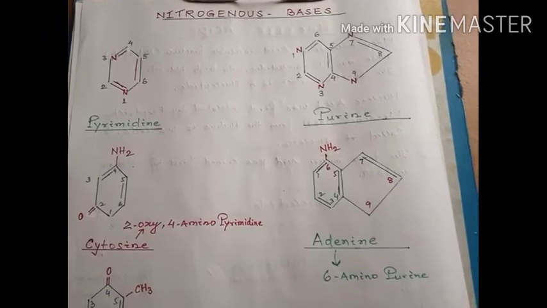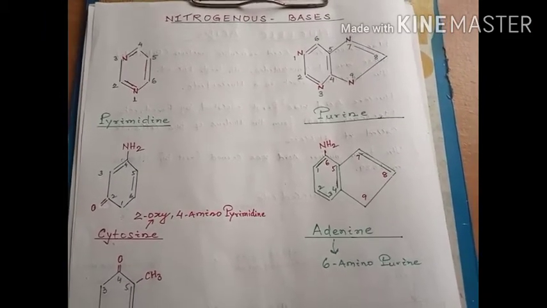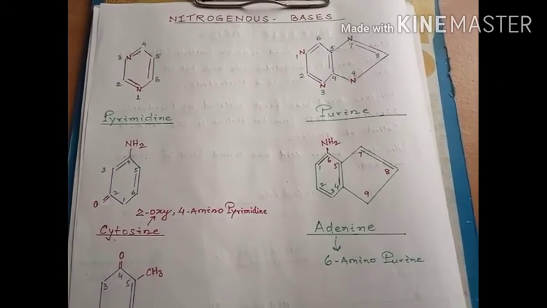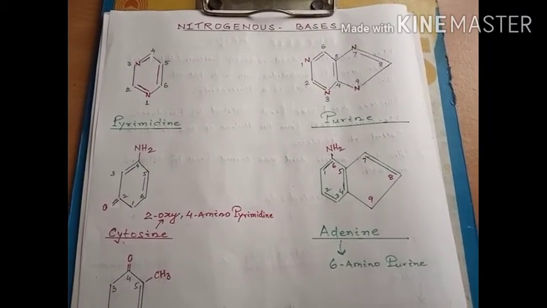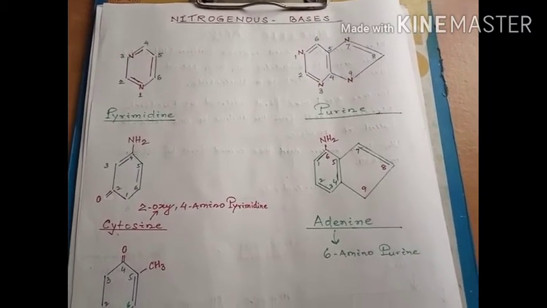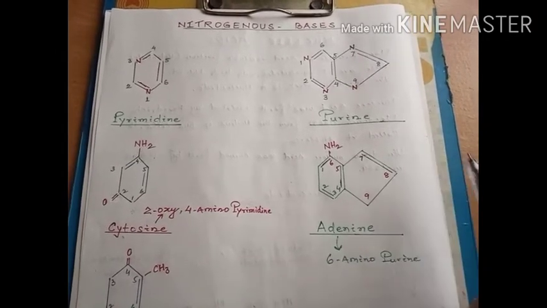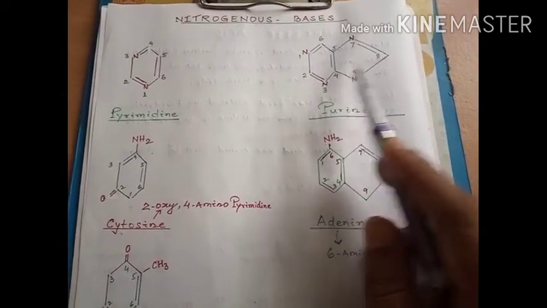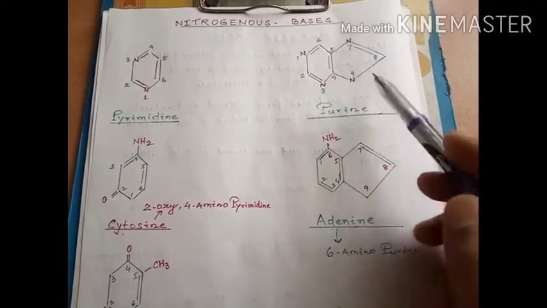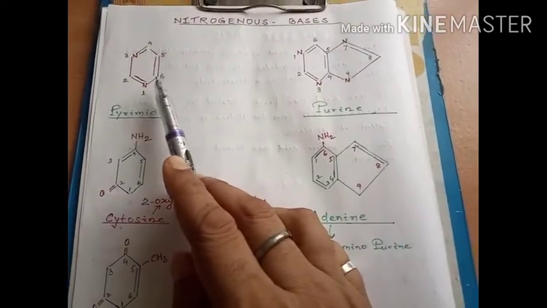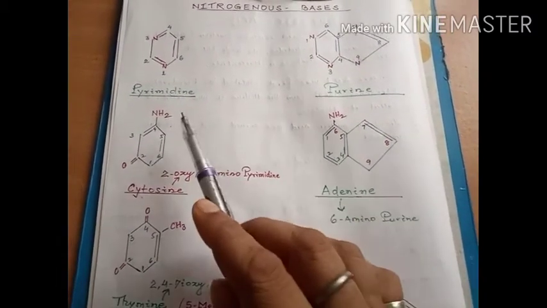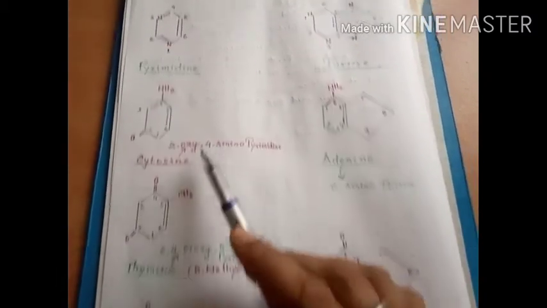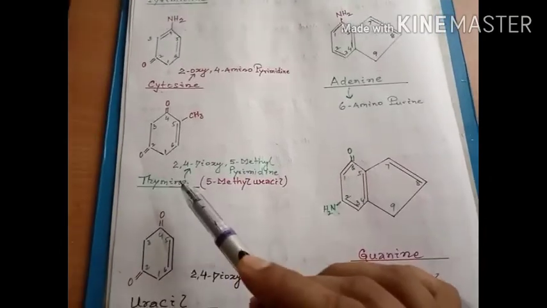Later on, we also discussed the different types of nitrogenous bases. They were further categorized into purines and pyrimidines. Purines were double ring compounds, whereas pyrimidines were single ring compounds. We discussed that pyrimidines were again of three different types: cytosine, thymine, and uracil.